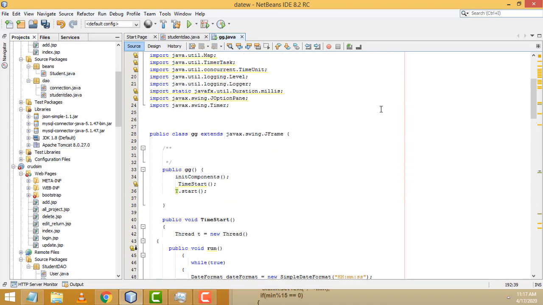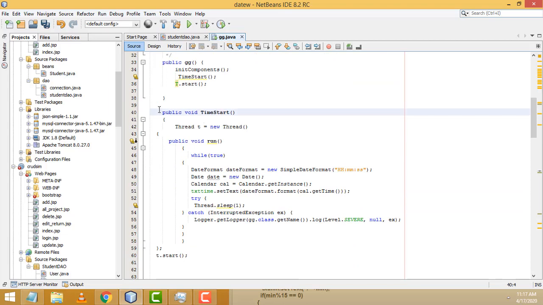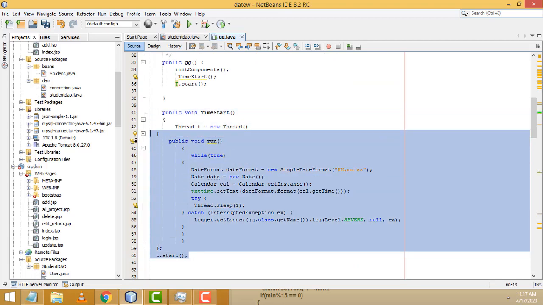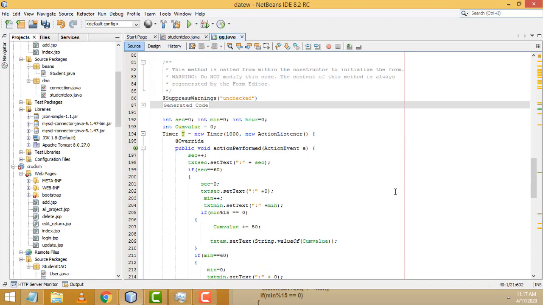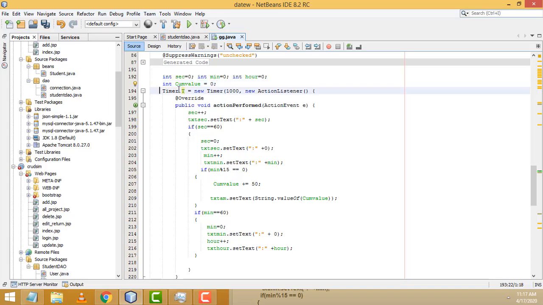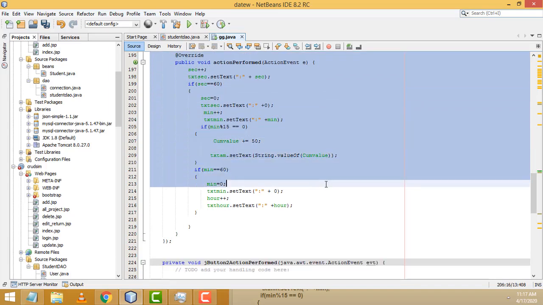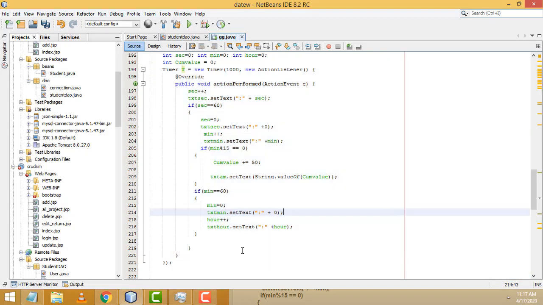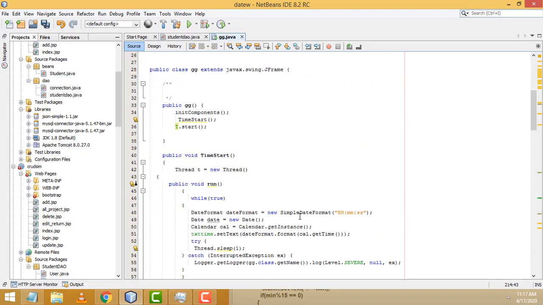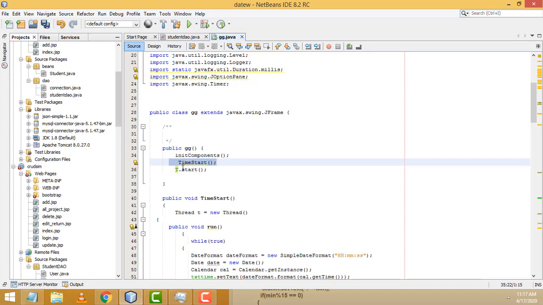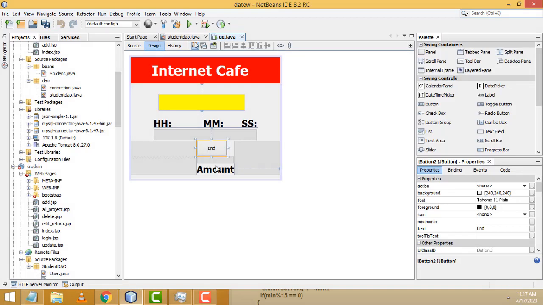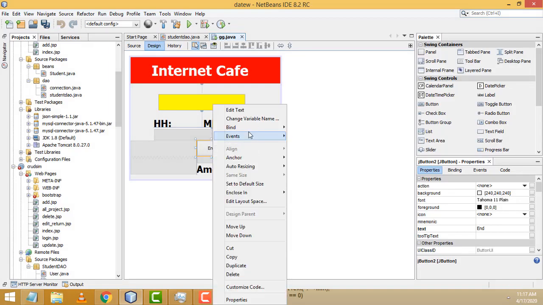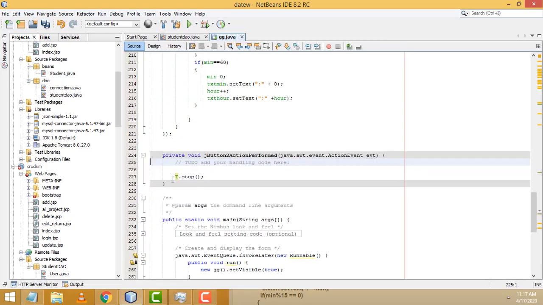First, you have to start with the timer. You have to create the function. You have to write the code itself. After that, you have to create these 3 integer variables. After that, you have to create this variable. After that, you have to write this function. After that, you have to call this. This is all the code I have shown you. That's the only code we have. We have to call this timer start and this object. And after that, we have this end part. You have to call it here.